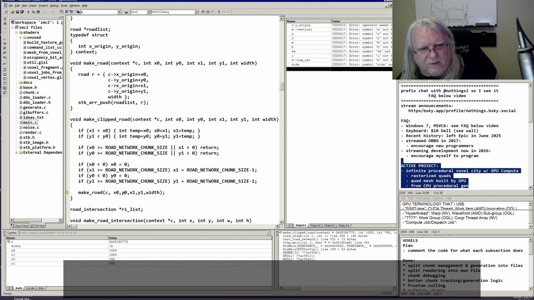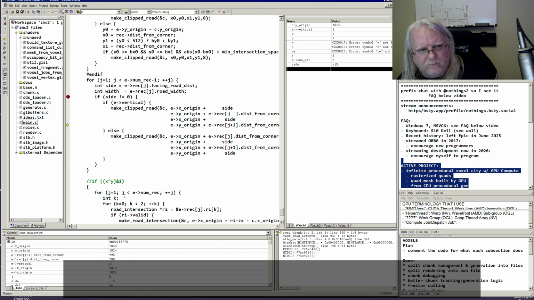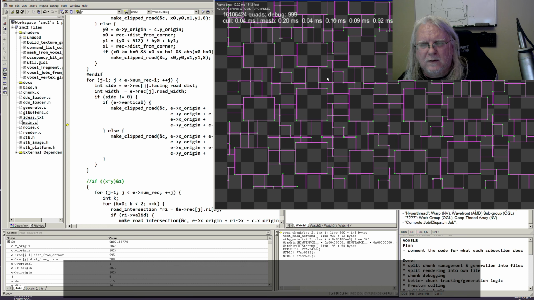Or I've got the wrong coordinates. That one's legit. That one's not legit, because it's making an intersection here. So it should definitely have an edge from there to there, which is,